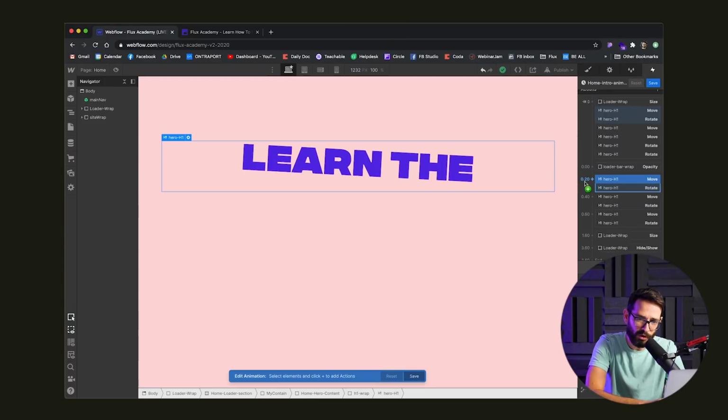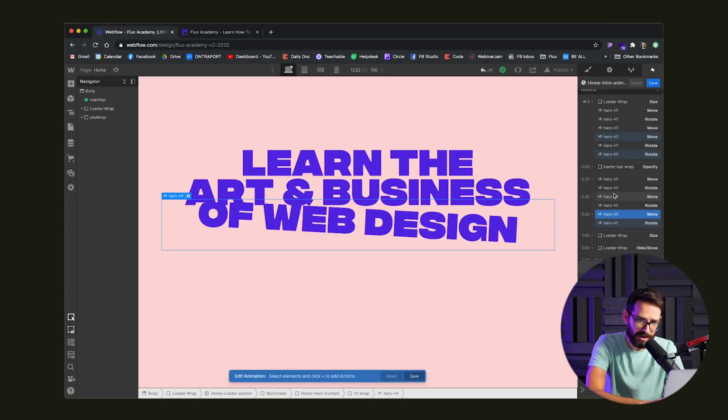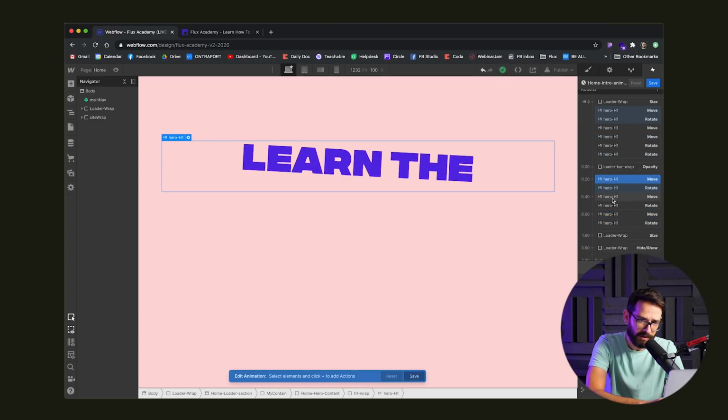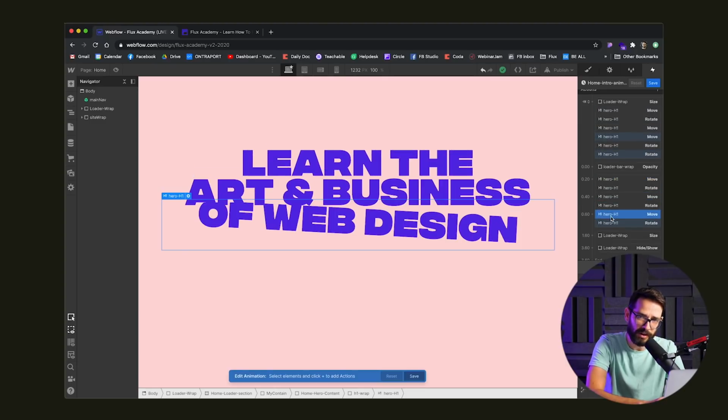The first one is triggered, and then 0.2 seconds later, the second one is triggered, and then the third one, right? So that's line number 1, line number 2, and line number 3. So we're using here the concepts of masks by using the overflow hidden, and we're stacking the animation, line 1, line 2, line 3, while the actual wrapper of the whole thing is shutting down.